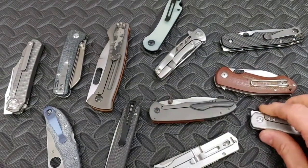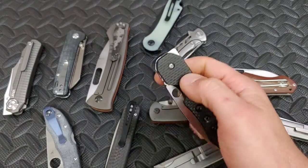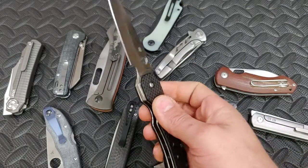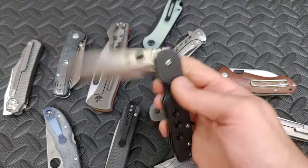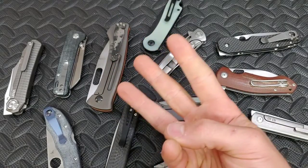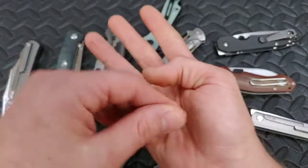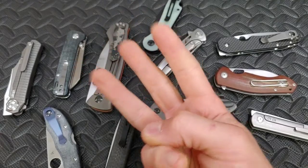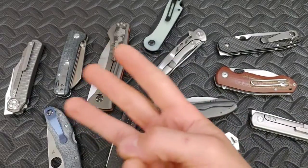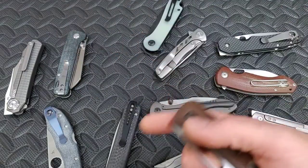All these things matter. Now, when somebody asks me what's the best stone to learn how to freehand off of, I have 3 answers. I always have 3 answers. And the reason why is because of the maintenance point. So I always say diamond plates, aluminum oxide, or Arkansas. Now, I could say ceramic, but those are expensive. So I say those 3 because they are very low maintenance. They're easy to sharpen on. They're easy to learn how to sharpen on. And you can get them relatively cheap. They're not that expensive. Now, diamond plates, yes, they can be...